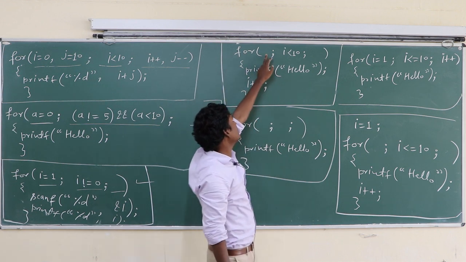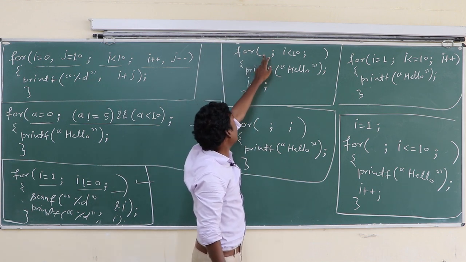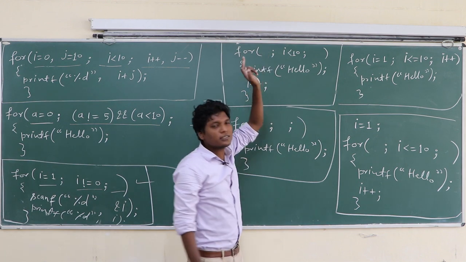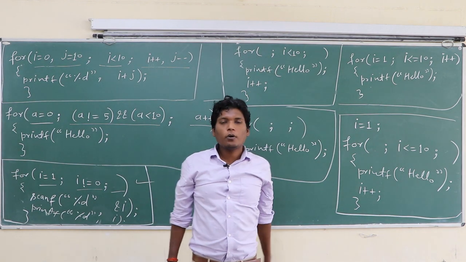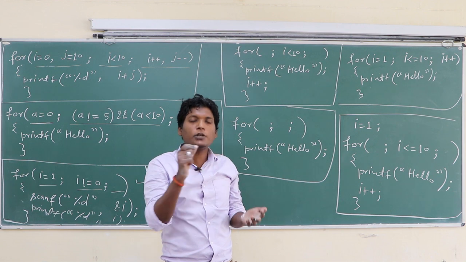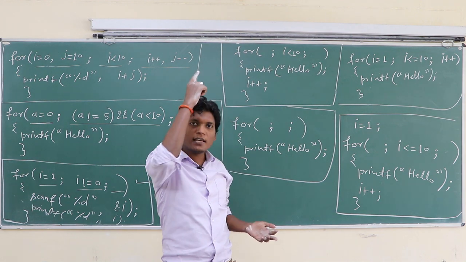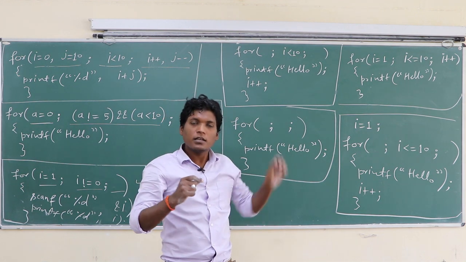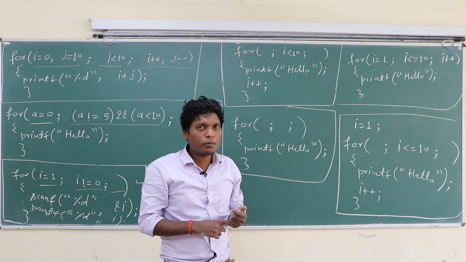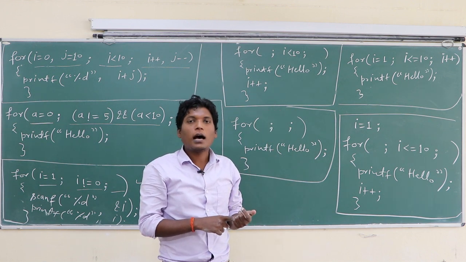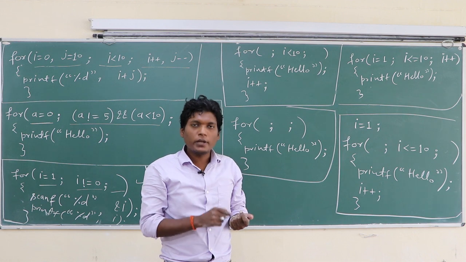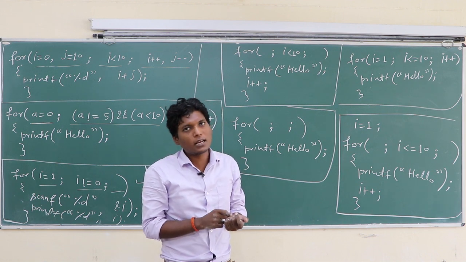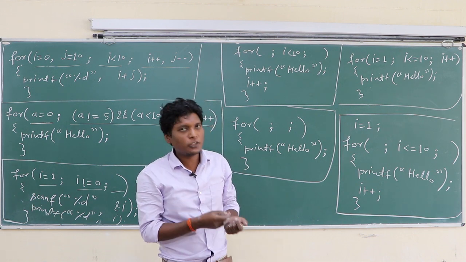Okay class, here i has a value, here i is not initialized. Whenever you declare i, you may initialize it there, or if you do not initialize the variable i, then by default the value will be either garbage or 0. It depends upon what type of storage class is used by the user.